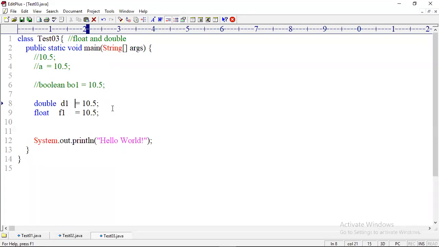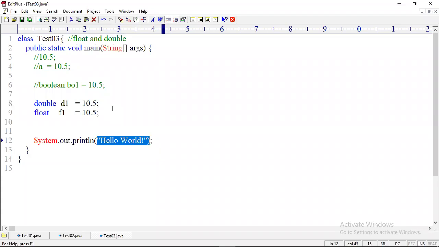It looks like 10.5, but inside the JVM some more zeros are appended while storing this value, whereas if you take 10.5 as a float, those many zeros will not be there. The memory format and architecture are different.